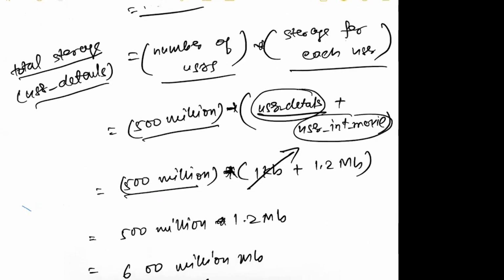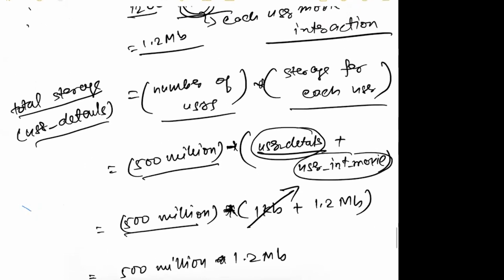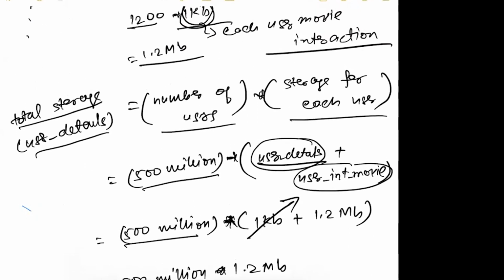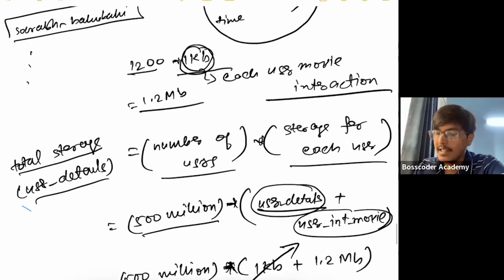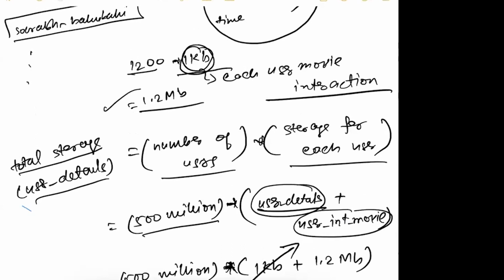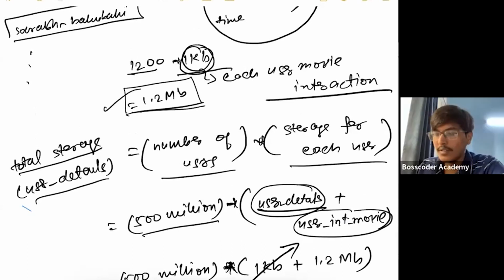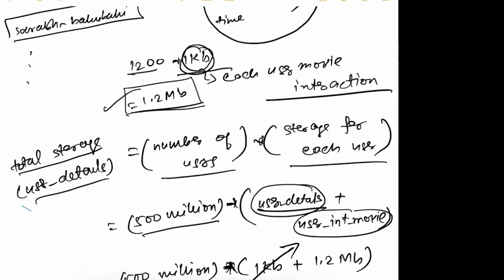So can you just repeat from 1200 in 1 KB, yeah, from there. This is clear? No, sir. Yeah, from there only, sir. Just this is clear, or this also has a doubt? Doubt. That's the main doubt, actually.